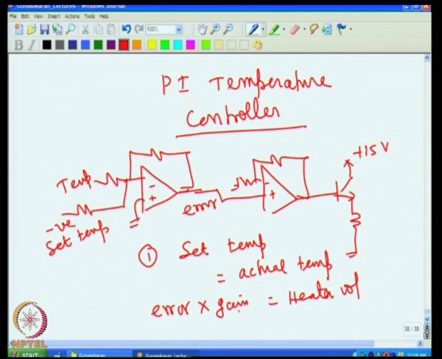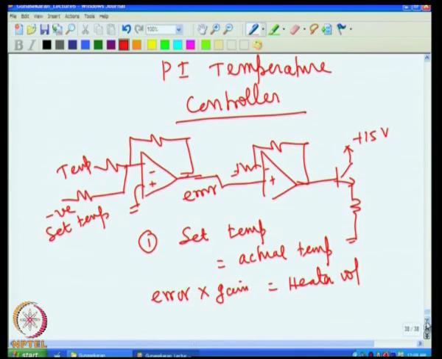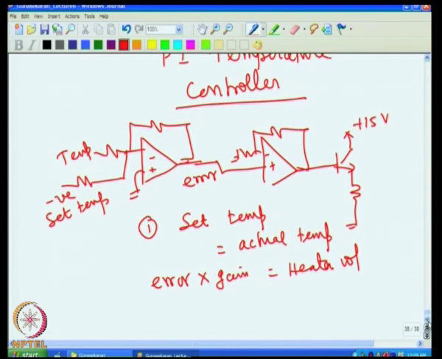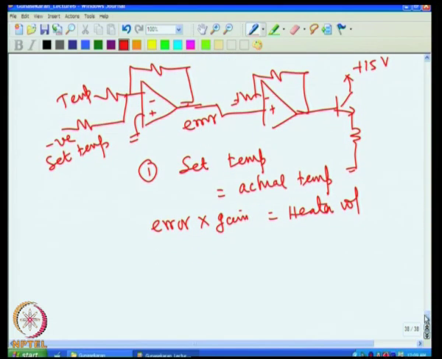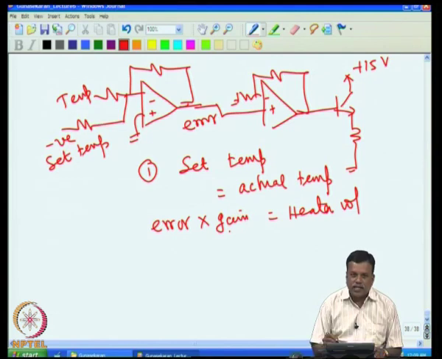But if you increase the gain, then the error will come down, but then you might have seen that if you increase the gain, the system tries to oscillate, and this creates a problem. So, first we see how to reduce this error, because if the error is not there, then there is no problem, we can reduce the gain, and oscillation also will not be there. So, how to reduce this error voltage? That is where the proportional plus integral controller comes into the picture,